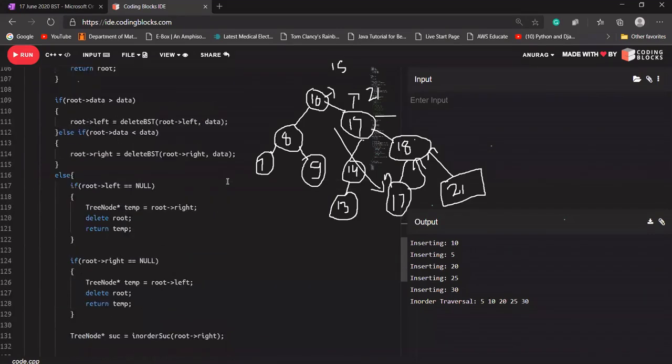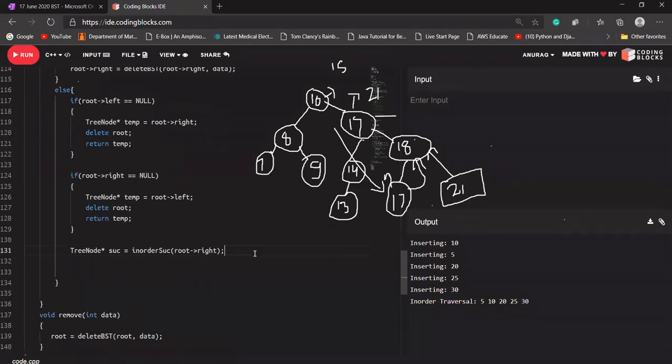Now come to our function again. So what I'm saying, in the successor, I'm having the address of that successor. Let's say I'm deleting 8, 10 here. So in the successor, I'll be having the address of 13. So what I'm going to do here, into root's data, I'm going to store the value, means I'm going to replace the root's data with the successor data.